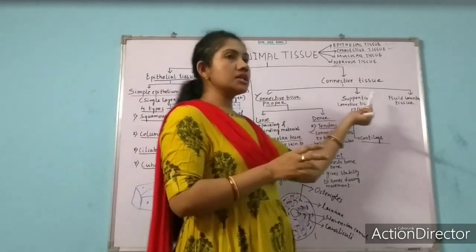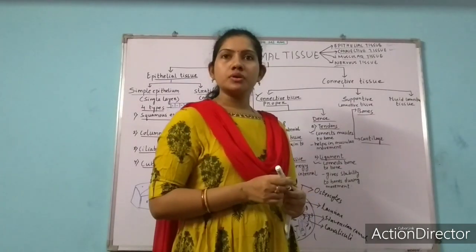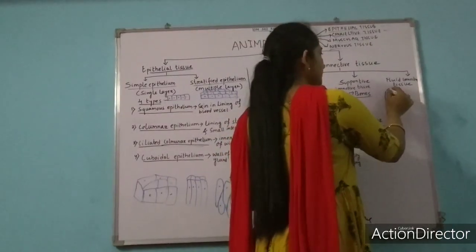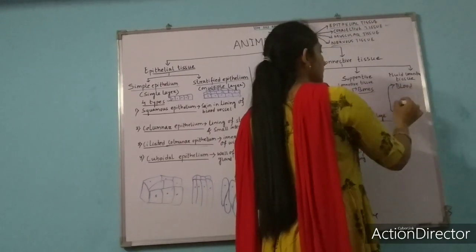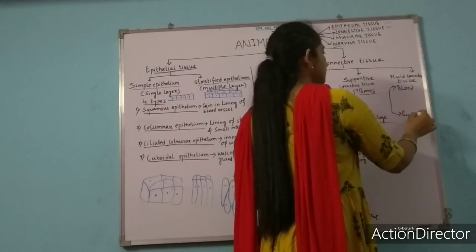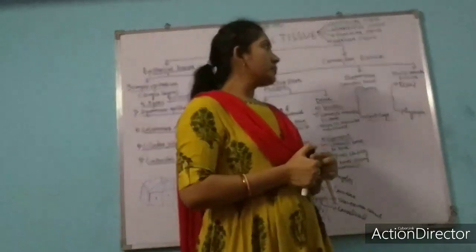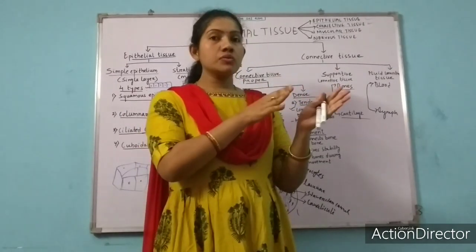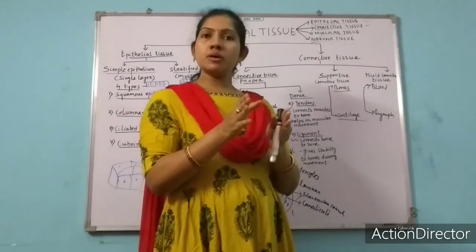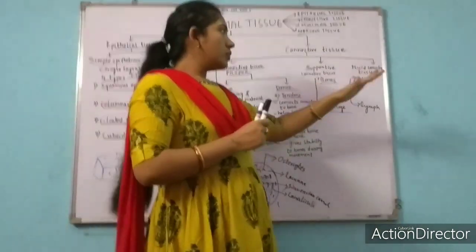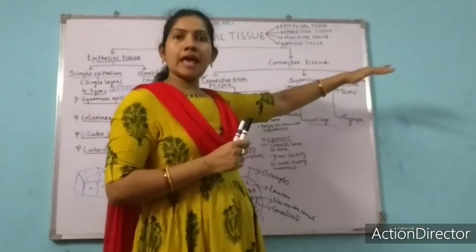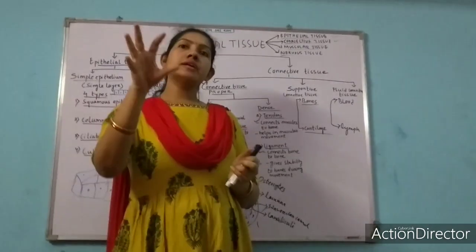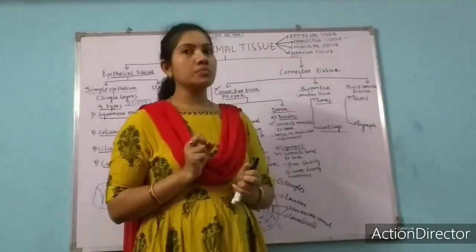And the last part of connective tissue is fluid connective tissue. Fluid connective tissue are of two types. What are they? Blood and lymph. The two types of fluid connective tissues are blood and lymph. I am giving you a recap about blood. Already you have studied it in class 6. Blood generally helps in transportation of nutrients throughout our body, and also it takes out what? Waste material from the body.